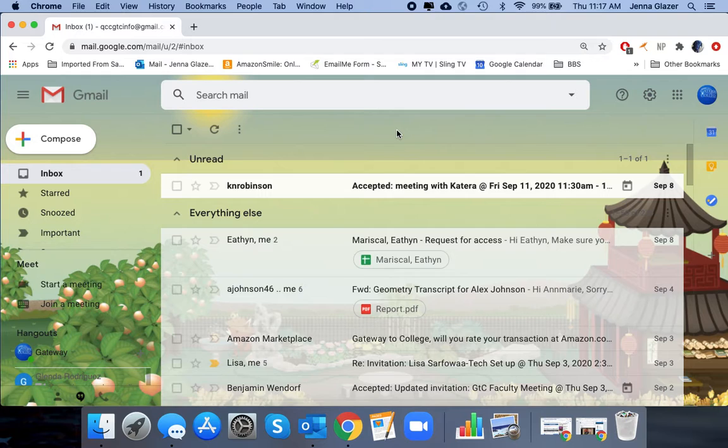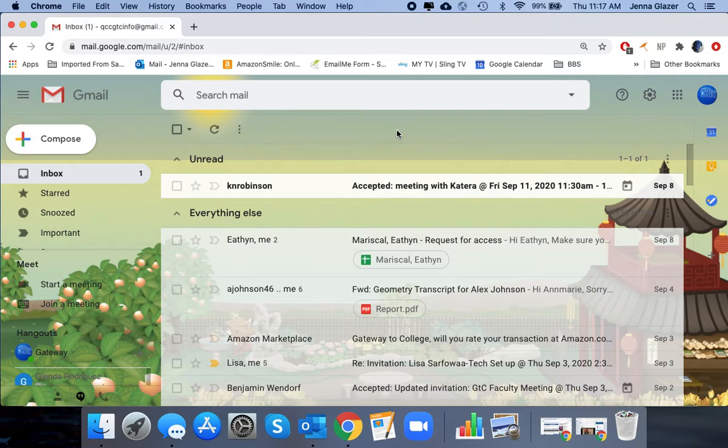I know students are receiving a really high volume of emails and it's a little bit overwhelming and a little bit confusing. So I'm going to give you a few tips on how to organize your inbox to make it a little bit easier for you. I'm going to teach you how to create labels and filters, so when you look at your inbox, it's easy for you to tell what's important, what's from your faculty, and